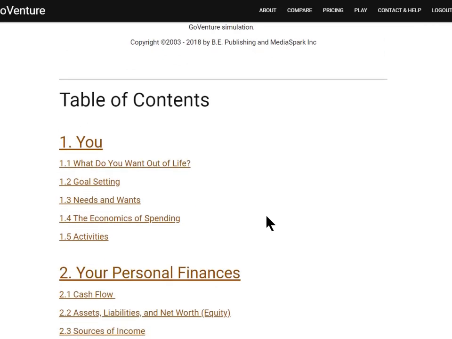So, most people are not going to necessarily read this from start to finish. There's a lot there. Instead, it's really helpful as a reference. When you're doing the other resources in GoVenture, you'll see in some cases there are links directly to this learning guide. So if you want to take a deeper dive or learn more about a particular topic, you can click that link and it'll take you directly to the section in the learning guide that addresses it, so you can learn more about it.